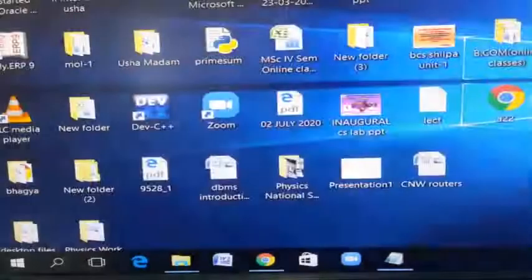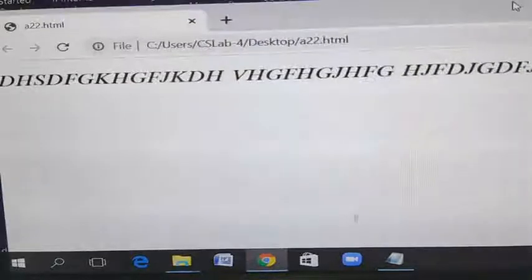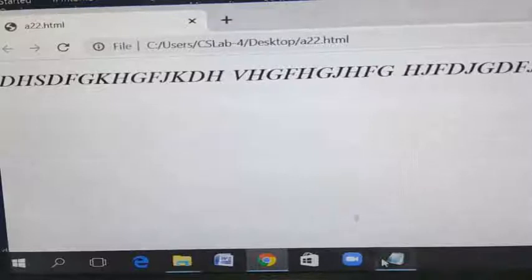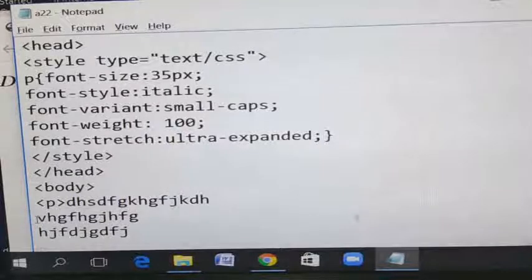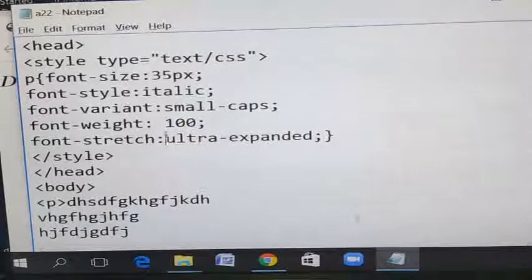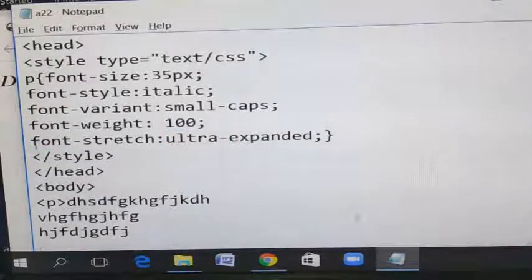See, so you can see the Chrome window here. Expanded. I will give one more property and see whether it is working, semi-expanded or ultra-expanded. I have checked. Only expanded I will give. We'll remove this and we'll see.